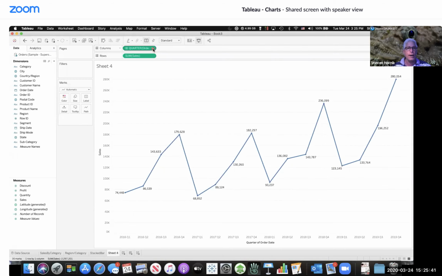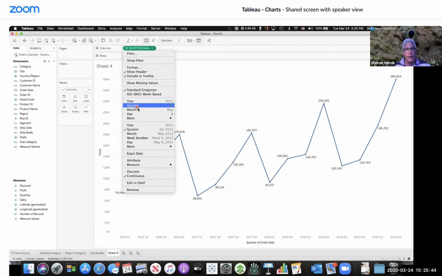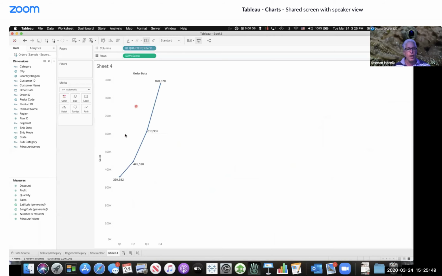If I just want to look at quarterly data, I could choose quarterly data but discrete. And now I'm looking at my total sales for all my first quarter, all my second quarter, all my third quarter, and all my fourth quarters. And this really, again, gives us information about the seasonality of our data. We could see that our fourth quarter sales are more than 2 times higher than our first quarter sales, is what this is telling us. But let's go back